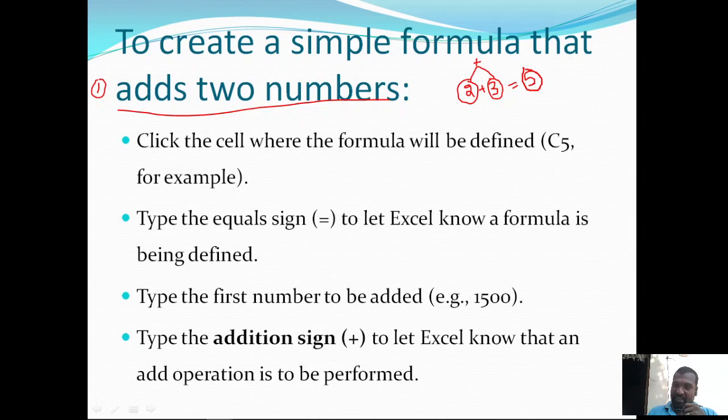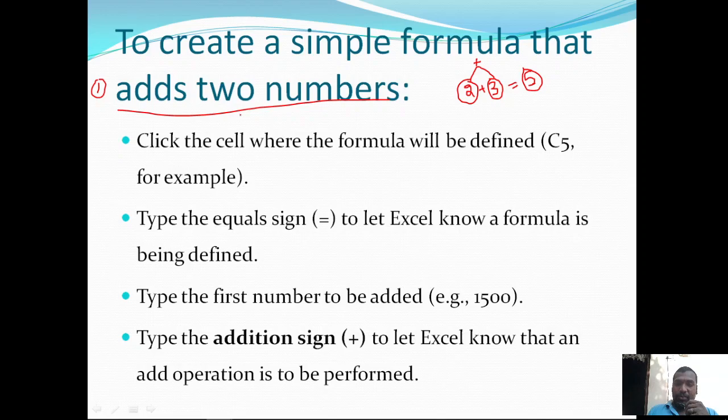This result 5 is also available in another cell. We know that every cell has an address, a cell address or reference address. We use that reference address while calculating formulas. The reference addresses of cells are available in the name box, which is on the left side of the formula bar in the working environment of MS Excel.